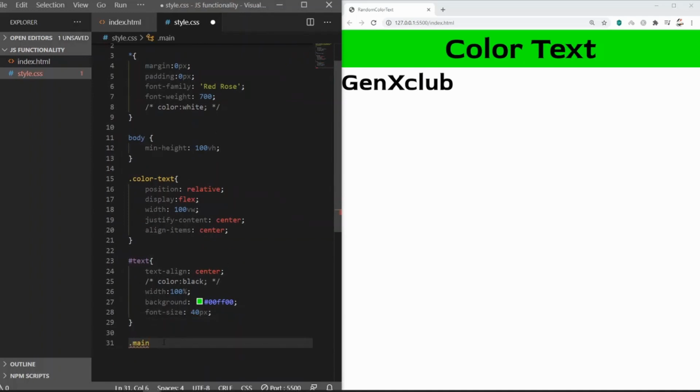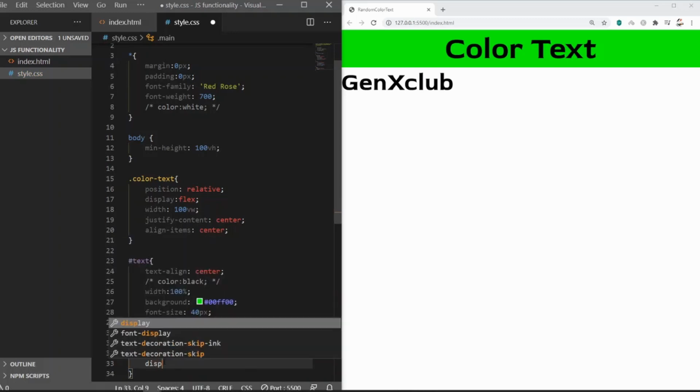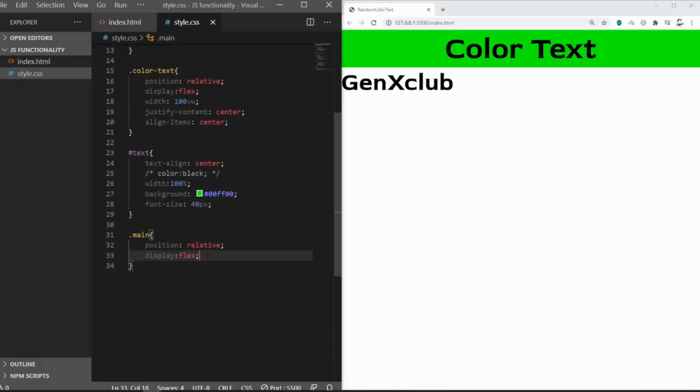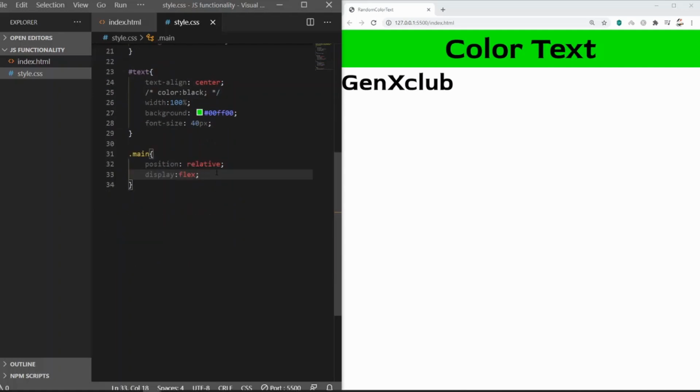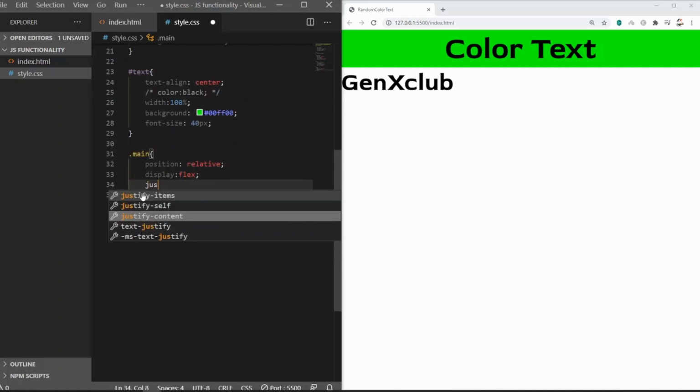Now let's go to the main class. Copying the same attributes from earlier, position to relative, and display to flex. I need to spell it properly. Display to flex. Scroll down a bit.